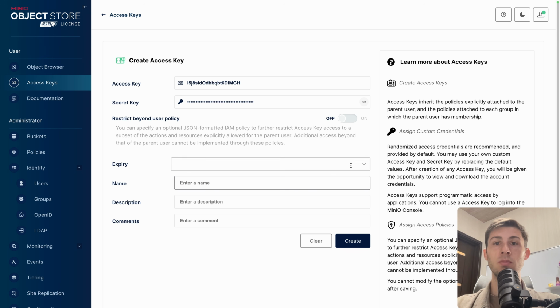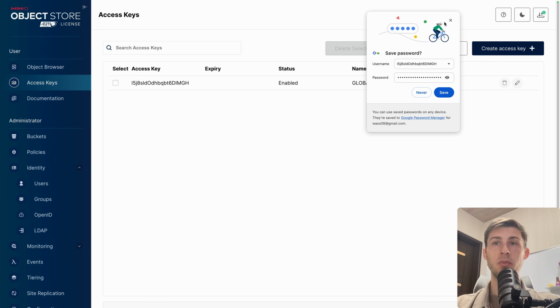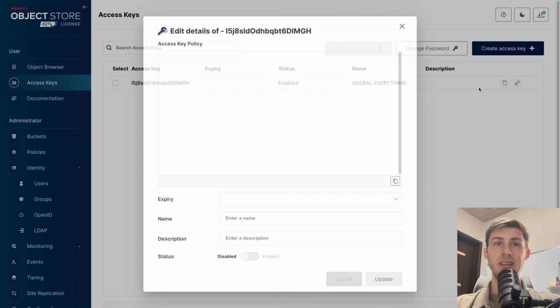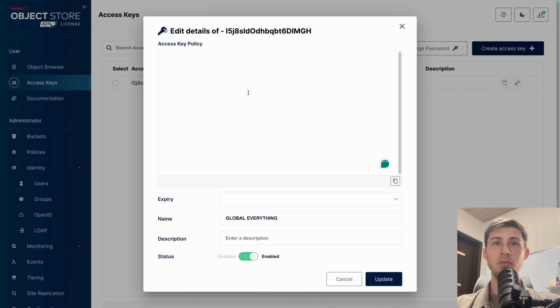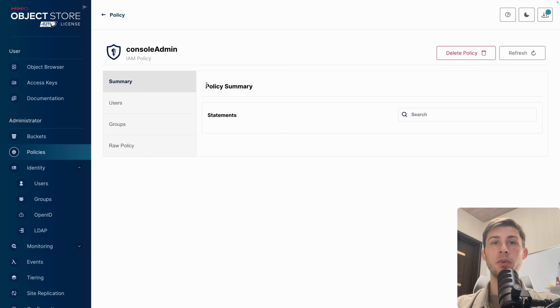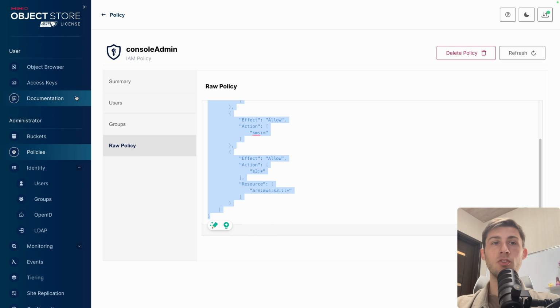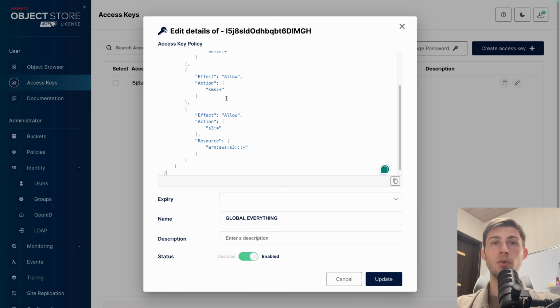Let's create one. It's the same process, global everything. Let's create it. Again, you have the secret key you have to copy before, you won't be able to see it anymore. Let's edit it. And you can see that here you can edit the access key policy, but it's the JSON part, so you can't just browse the different policies you have. So if you need to edit the policy, first you can go into the policies, open the policy you want to attach, go to raw policy, copy it,